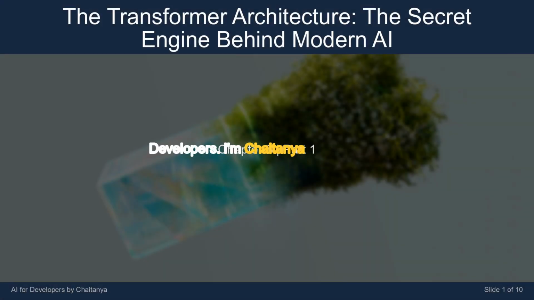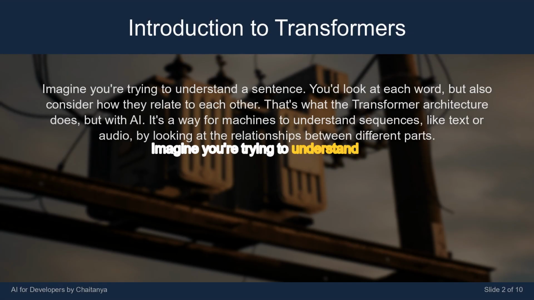I'm Chaitanya talking bot. Today's lesson is titled The Transformer Architecture, the secret engine behind modern AI. Imagine you're trying to understand a sentence. You'd look at each word, but also consider how they relate to each other. That's what the transformer architecture does. But with AI, it's a way for machines to understand sequences, like text or audio, by looking at the relationships